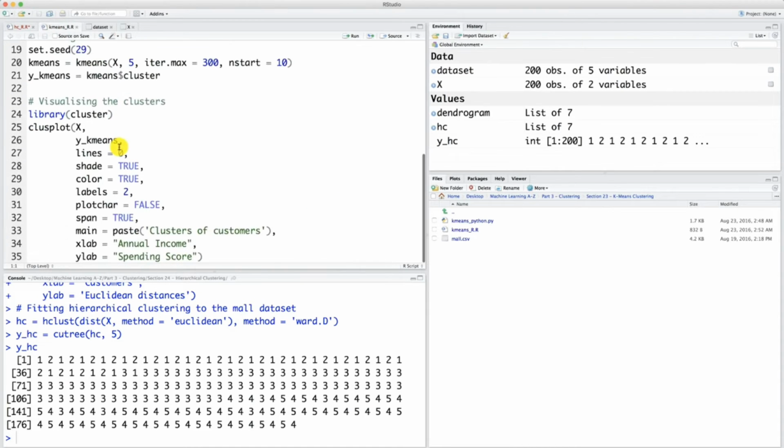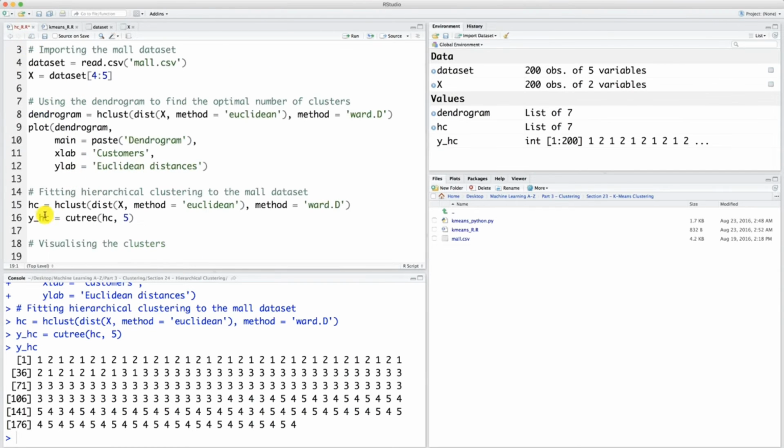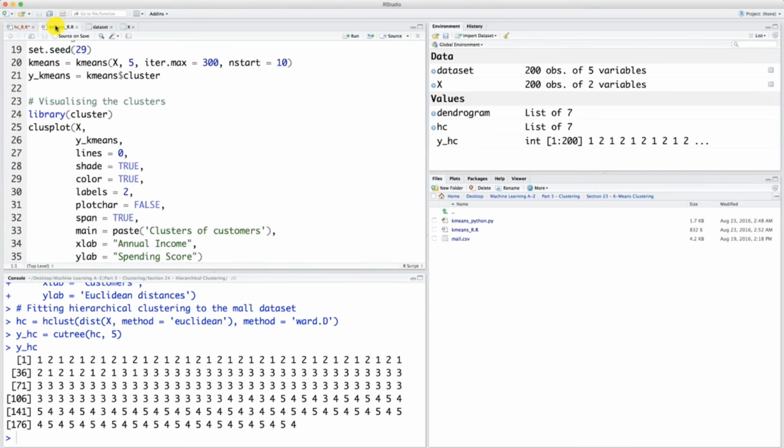And now, if we look at the last step, visualizing the clusters in the k-means algorithm, we can see that the only thing in our code that is related to k-means is the y_kmeans vector here. And we have the same vector of clusters in our hierarchical clustering code. It's y_hc. So basically the only thing that we have to do to plot our clusters in hierarchical clustering is to take our clusplot function here with the same parameters,